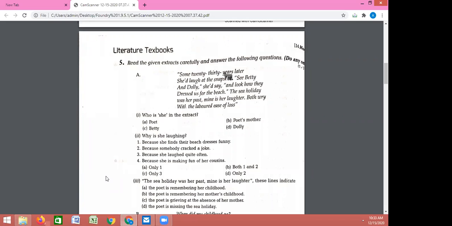यानी she यहाँ पे कौन है? पोइट की मम्मी. Why is she laughing? So you will have to write answer. क्यों हंस रही? So if we look at the right answer of this particular query, you will have to look